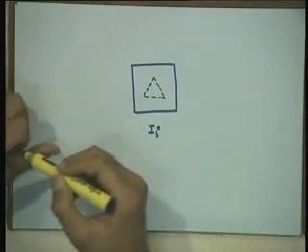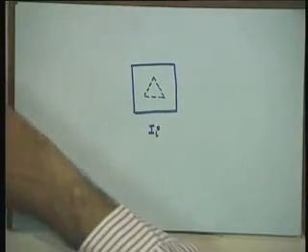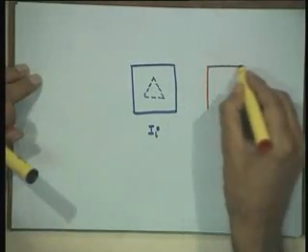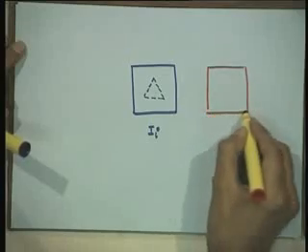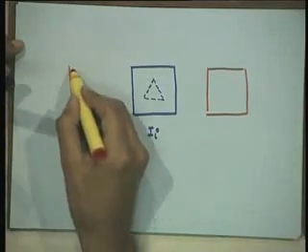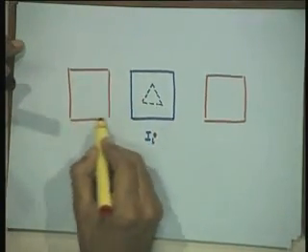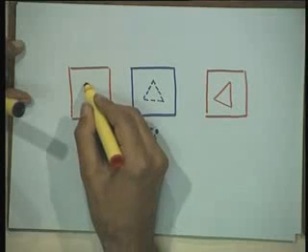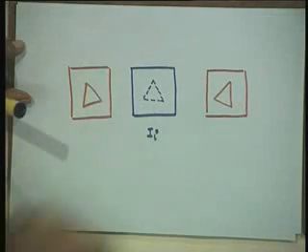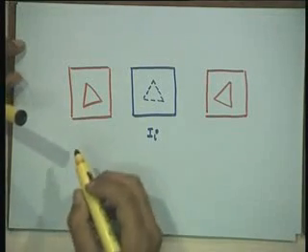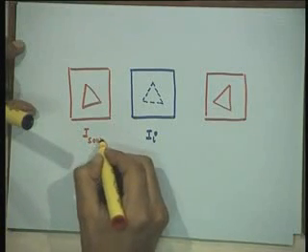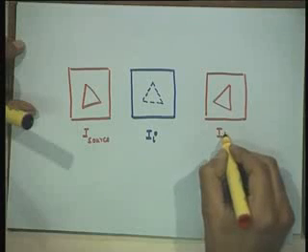So this triangle is obtained, let's say, from these two triangles. So this is my source and this is my target,